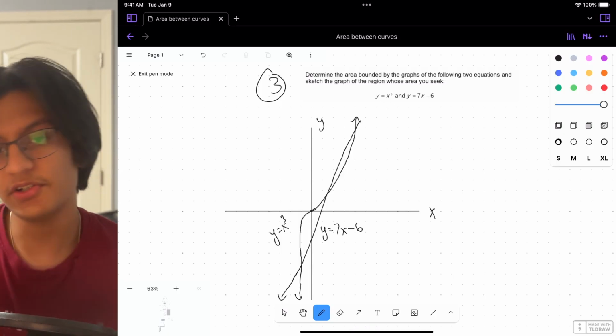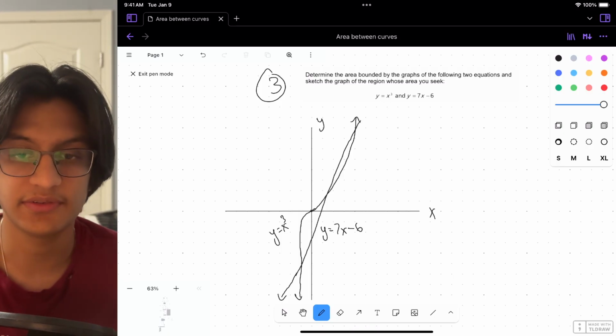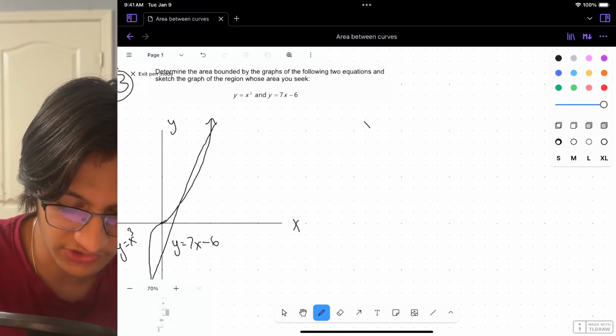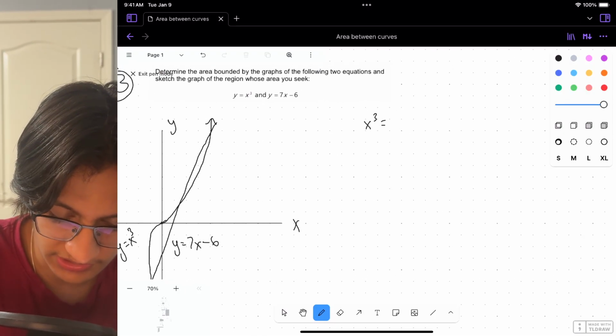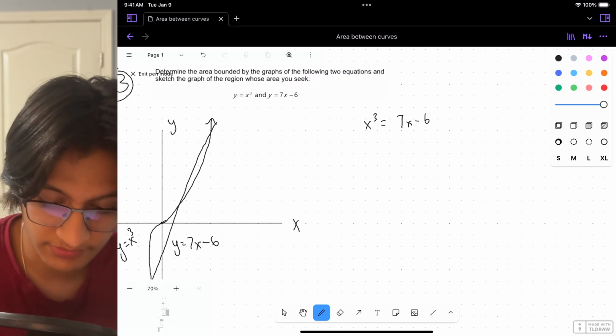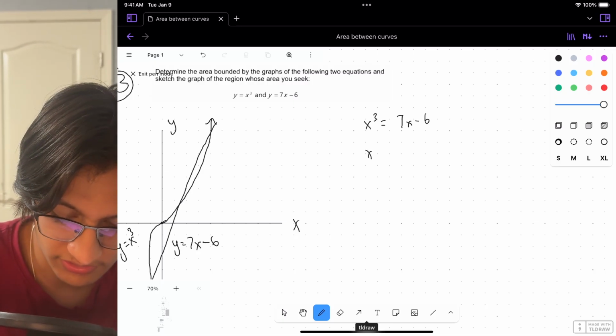All right, so first of all, we need to find the bounds of our integral. So we need to find where these lines actually intersect. We can just set them equal to each other. So x cubed equals 7x minus 6. Subtract 7x minus 6 from both sides: x cubed minus 7x